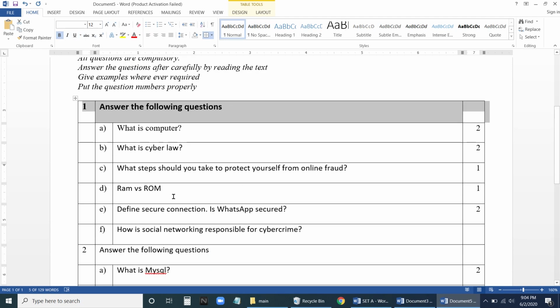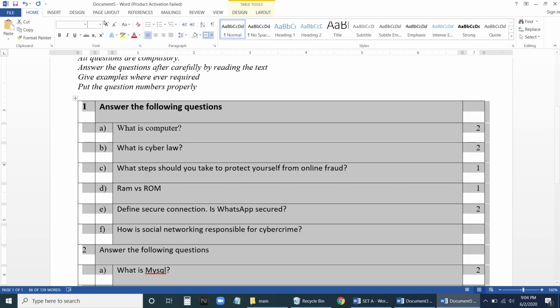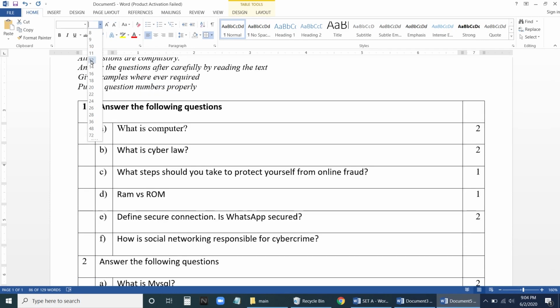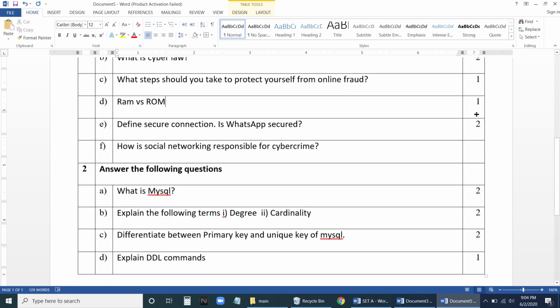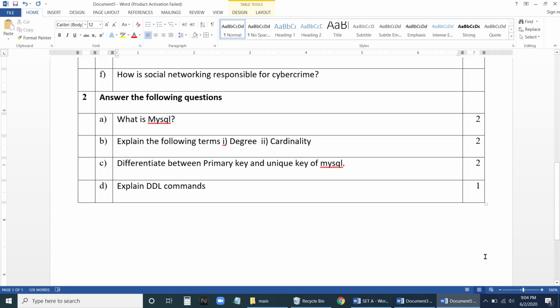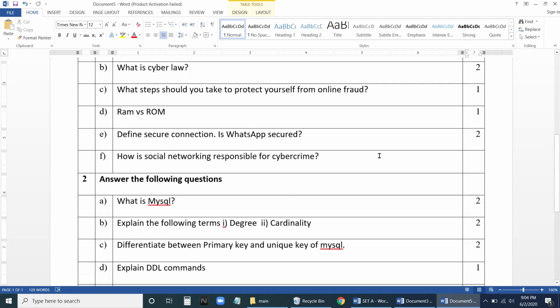Now for the full thing I will give the font size as 12. So click on this 12. Fine. Now this one, select this and make it bold. In this way I can have the marks here on the right side. You can keep on typing and we get the marks.